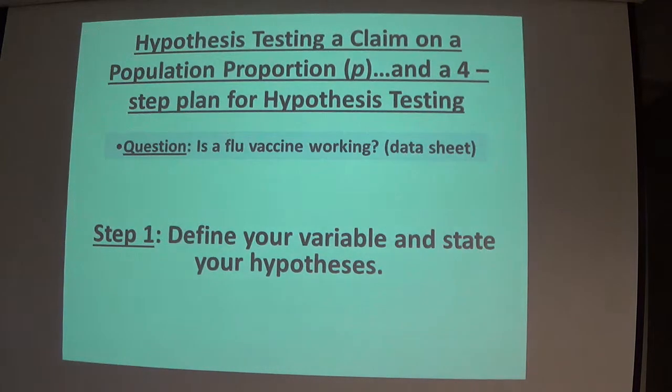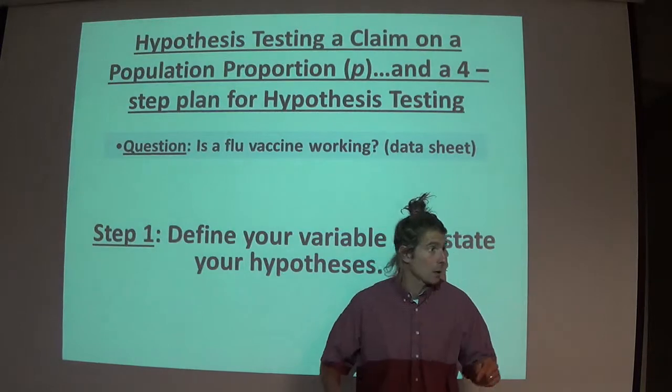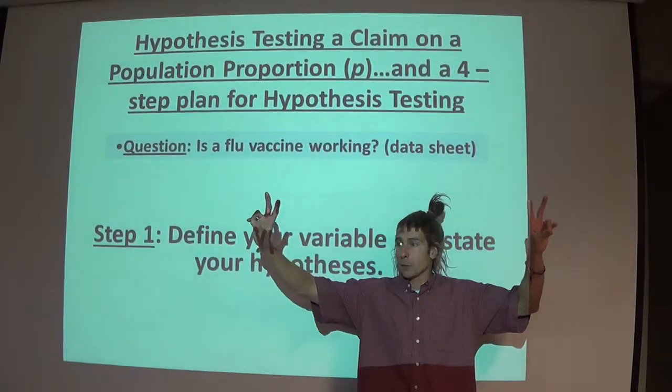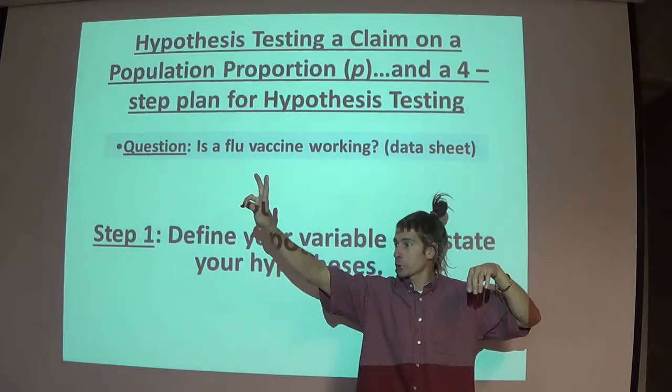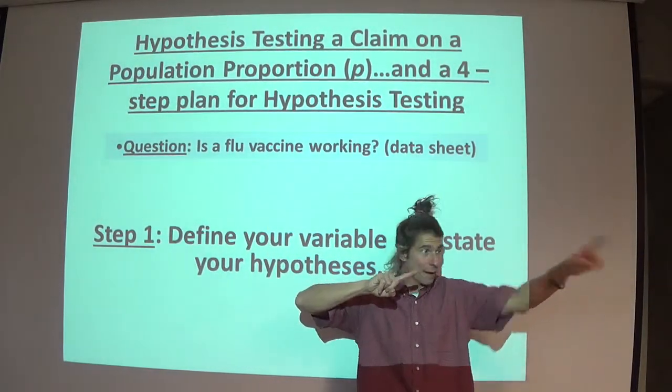Now I want you to think about where we've been so far. On that last exam you guys just got back and the stuff you just turned in, I had you estimating 2 parameters. A population proportion, which we call little p, and a population average, which we call little